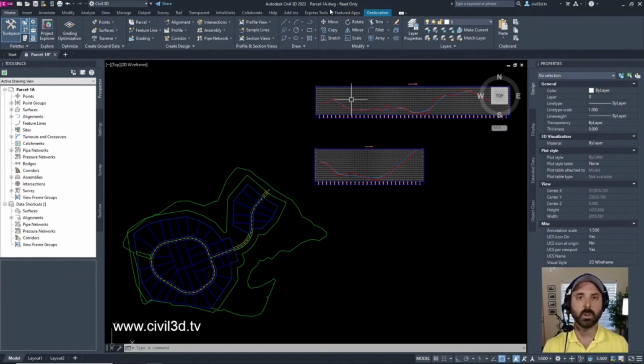With a lot of the coursework that I deal with for the members, I create more or less a step-by-step exercise file guide, so you can go into a lot of the different files as we're going through the videos, and you get the step-by-step version within the coursework. So right here, I'm in the parcel-1A drawing, which is located in the exercise files that come pre-installed on your copy of Civil 3D. And I'm just going to pull up some notes.